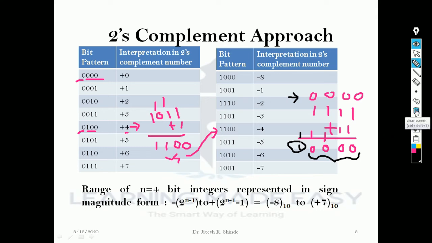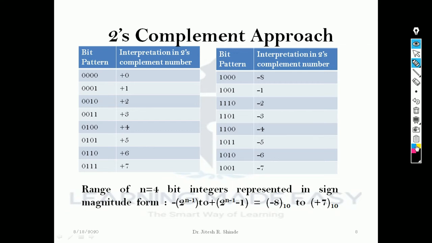One more thing here: how the 2's complement approach differs from sign magnitude approach and 1's complement approach. Here minus 8 is coming. Let's write 8, which means 1, 0, 0, 0. Let's find the 1's complement of it. The answer will be 0, 1, 1, 1. Add 1, what will we be getting? 1 plus 1, 0, carry generated, so 0 here, again carry generated, 0 here, again carry generated, 1 here. We started from 1, 0, 0, 0 and again ended with 1, 0, 0, 0.